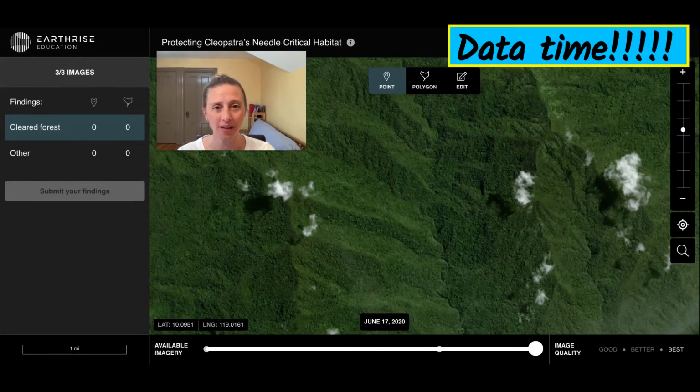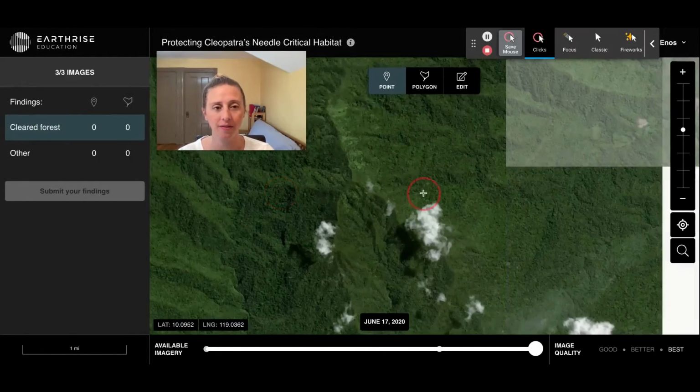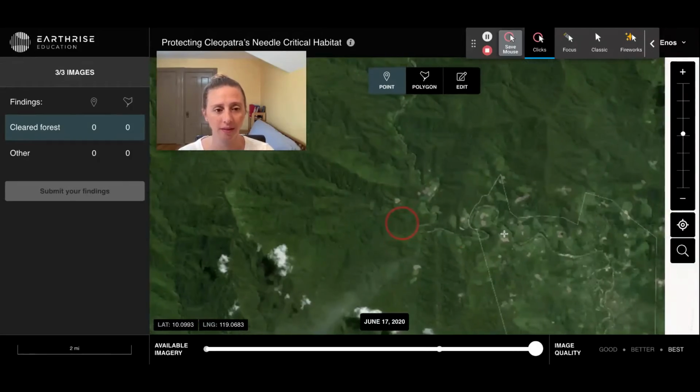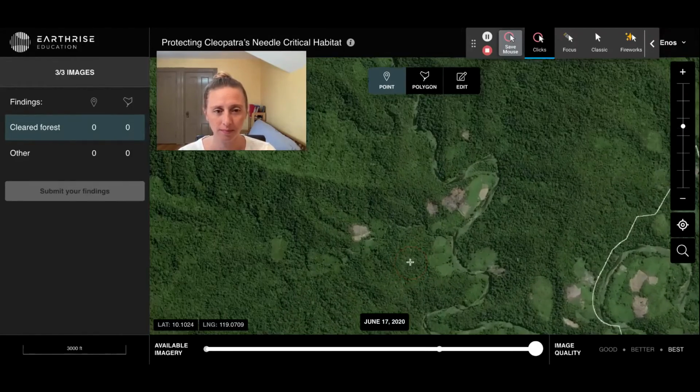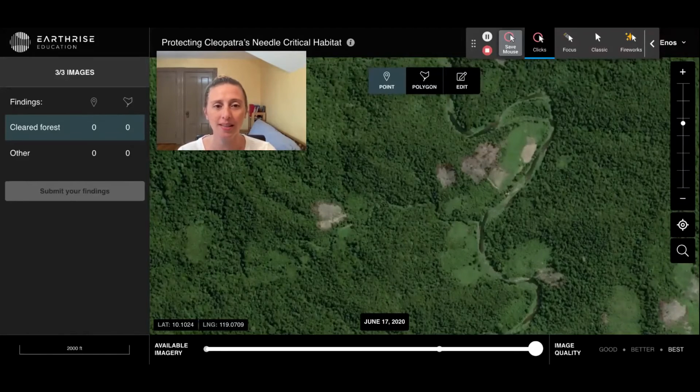In this specific investigation, we're looking for areas of deforestation. So I'm going to use the zoom in and zoom out tool and pan feature to try and find an area that's been cleared. So as I zoom in, I can see over here that we've got some deforested areas,